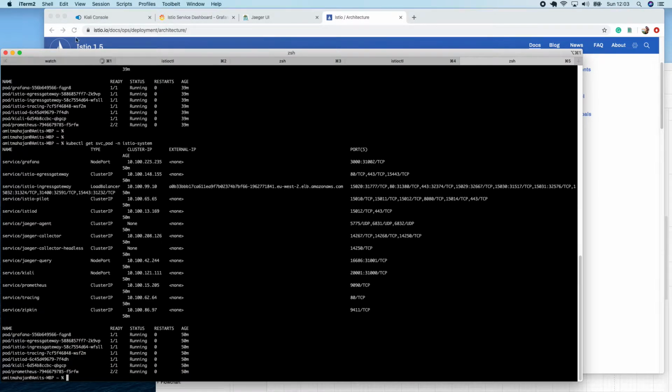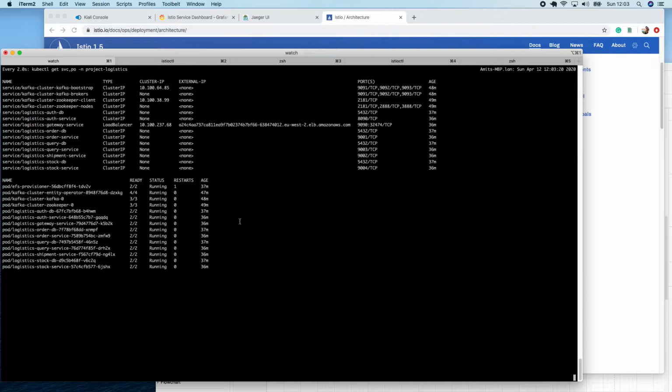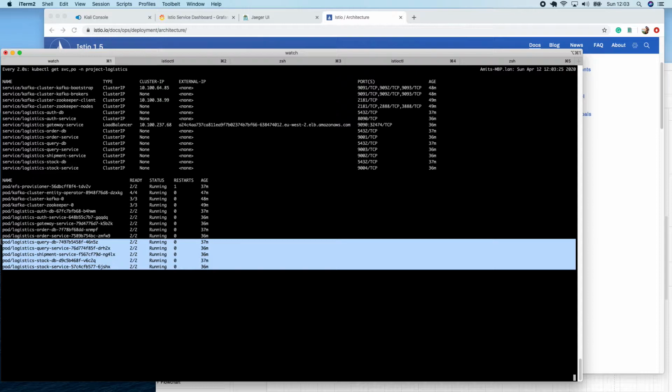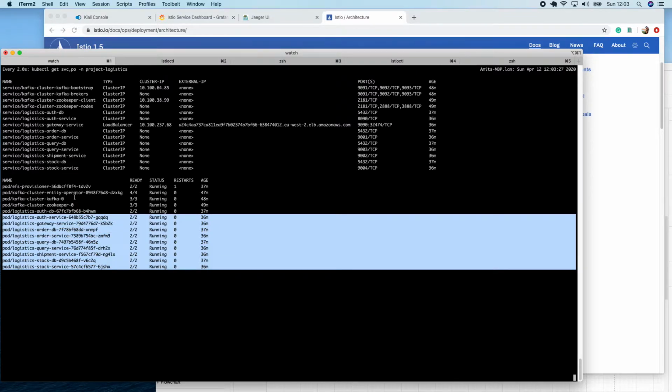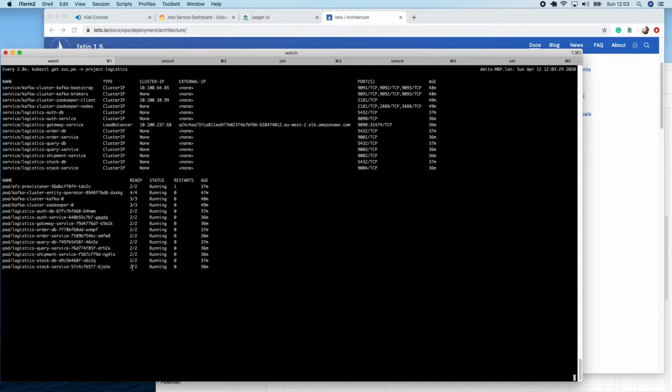If we go and see our namespace, you can see that we have all these containers, right? We have all the functional services: stock service, shipment service, order service, and things like that. But the only difference here is, instead of having one container in each pod, we now have two containers in each pod, which means we are also running an Istio proxy, or sidecar container, along with each of our services. So that is where it is going to collect all the data